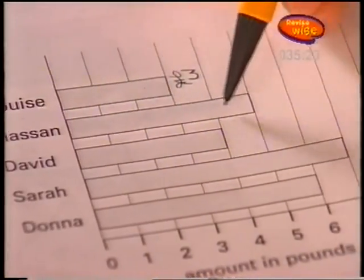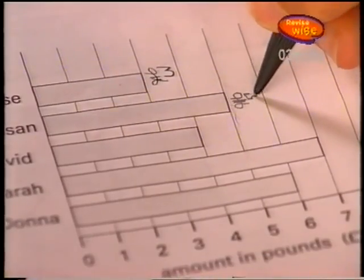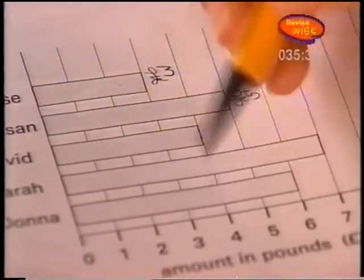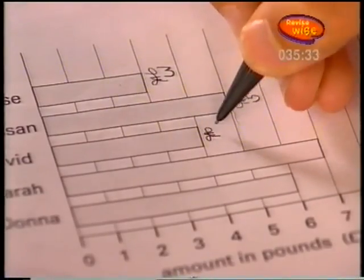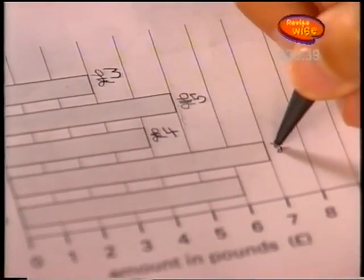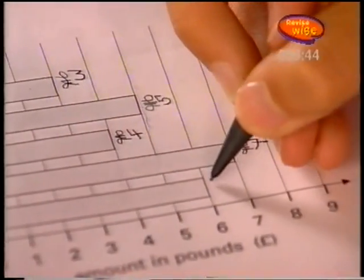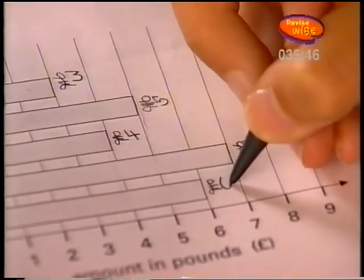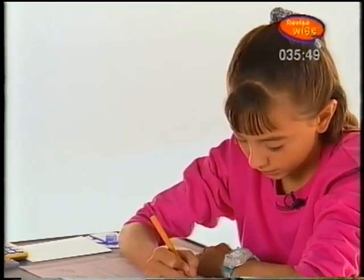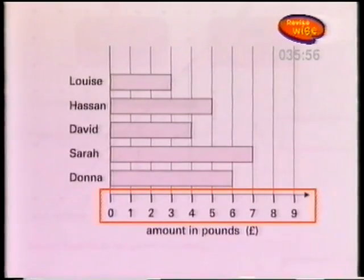Hassan raised £5. David raised £4. Sarah raised £7. And Donna raised £6. So that's 3, 5, 4, 7, 6. That's £25 altogether. Now on that bar graph, each division along the horizontal axis was exactly £1, so it wasn't